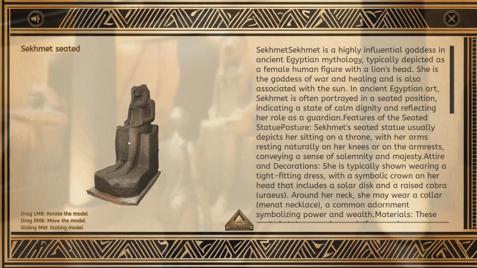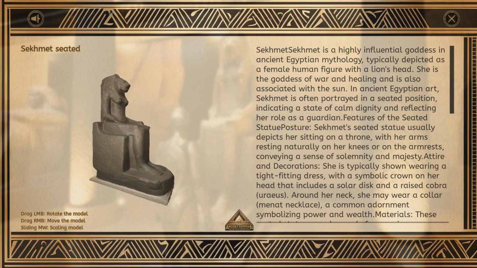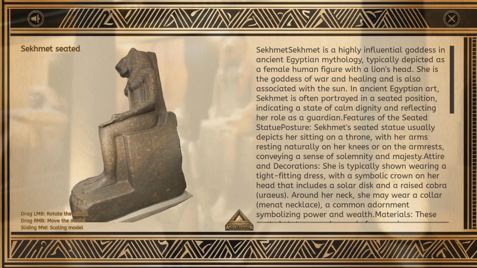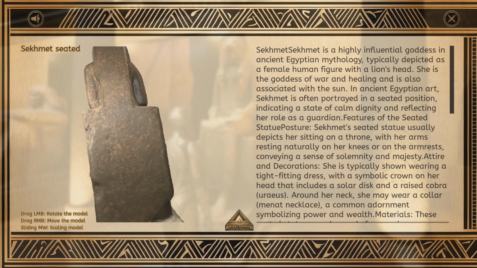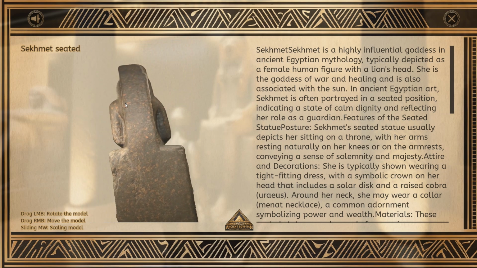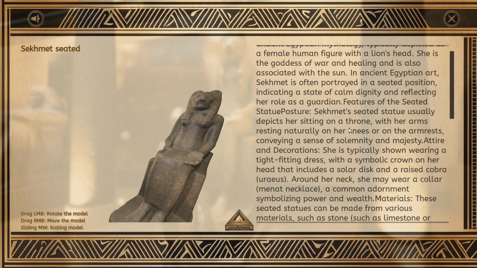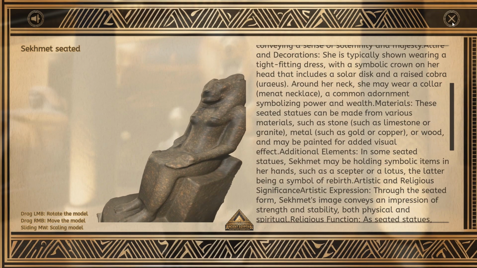Let's take a look at the seated version of Sekhmet. This is the seated counterpart to the standing statue we just saw. Sekhmet is an ancient Egyptian goddess, known as the goddess of war and healing. This statue appears to be made of granite. In ancient Egyptian art, Sekhmet is often